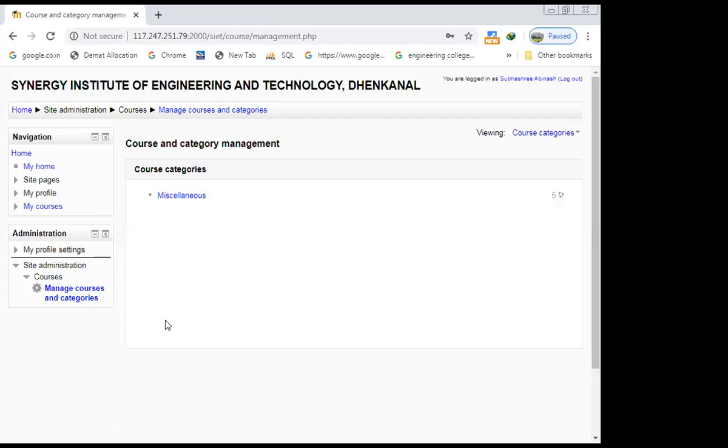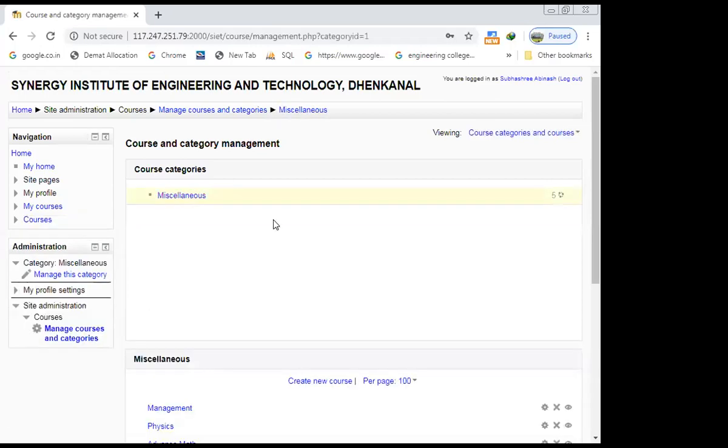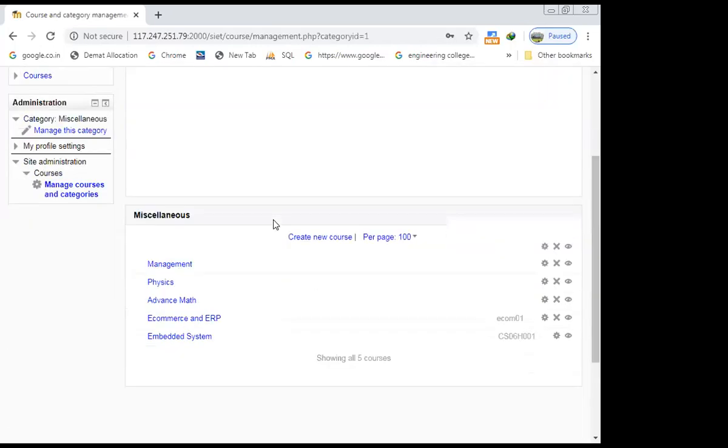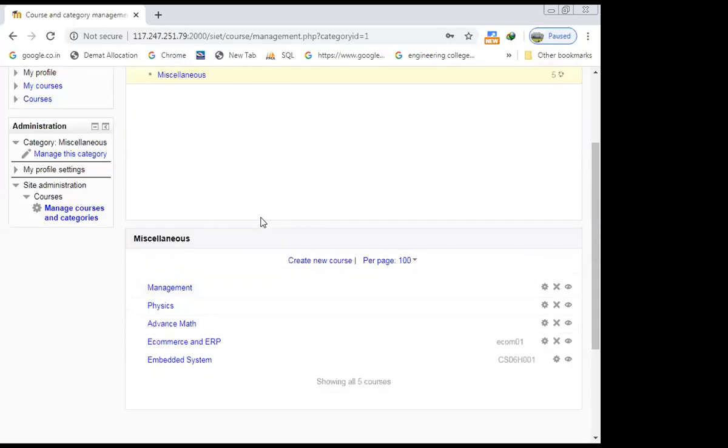When you click on manage courses and categories, click on miscellaneous. Under miscellaneous you can create a new course.